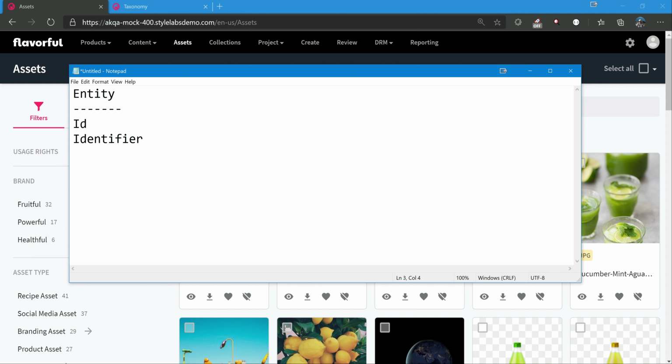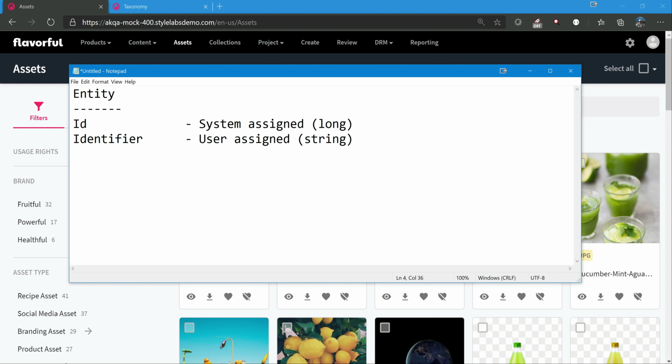What is the difference between these two? ID is system assigned. That means users will not have any control to assign this, and it is of data type long, whereas identifier is user assigned. I mean we can assign the identifier, but it should be unique enough for each entity. But if we leave it, the system will also assign it. And this data type is string.